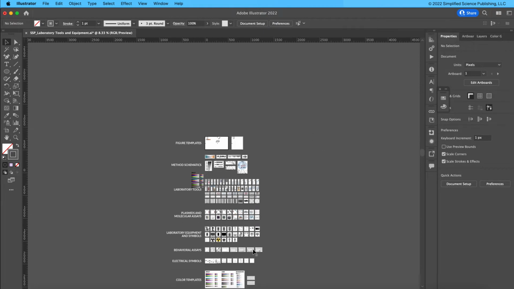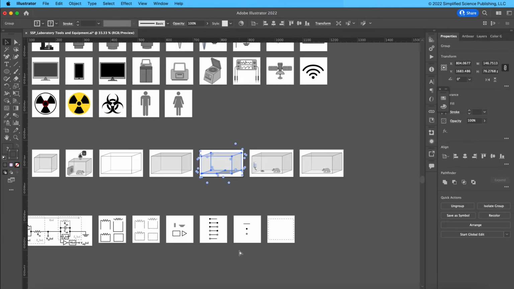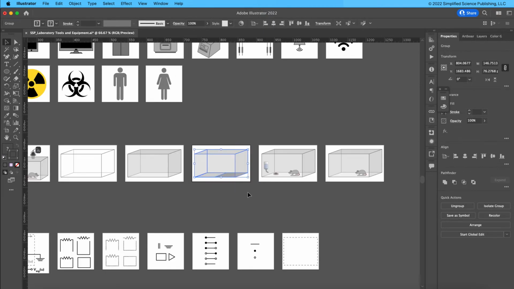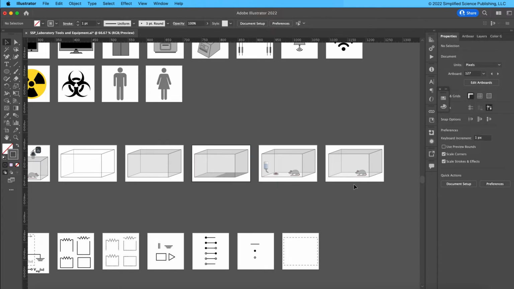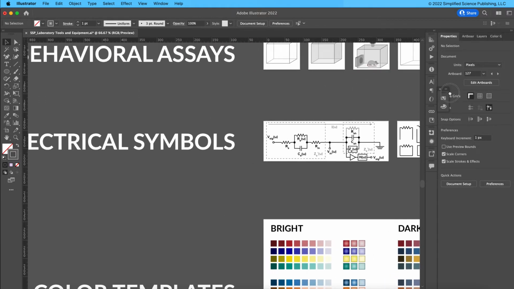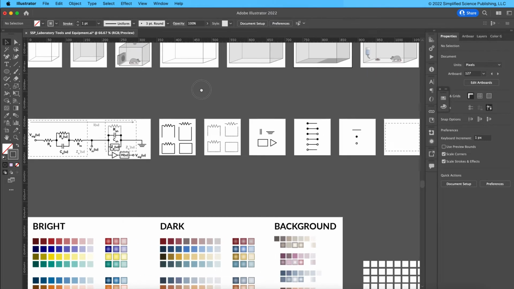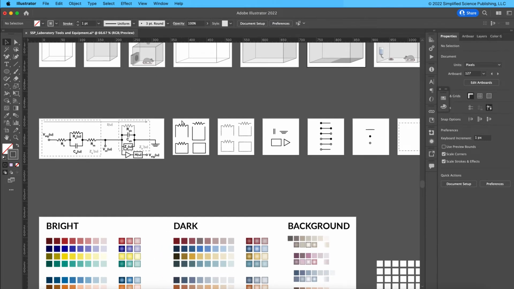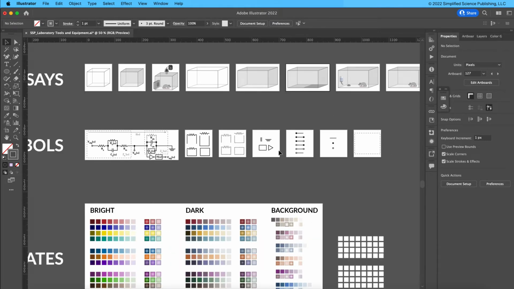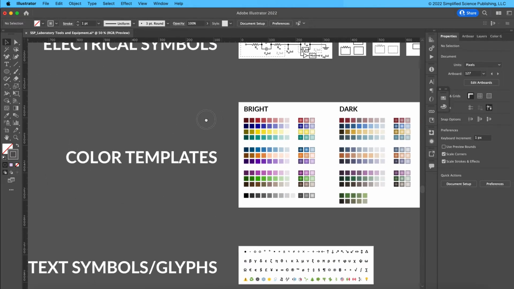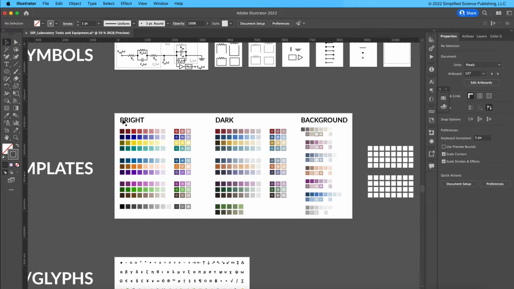And there's also in the behavioral assay a split chamber with 2 different floor types, an example of food and water. And then there's this electrical symbol. So if you do need to have something represented with an electrical schematic, all those elements are here with an example full illustration. There are the color templates, which I mentioned before, where you can have bright, dark, and gradient